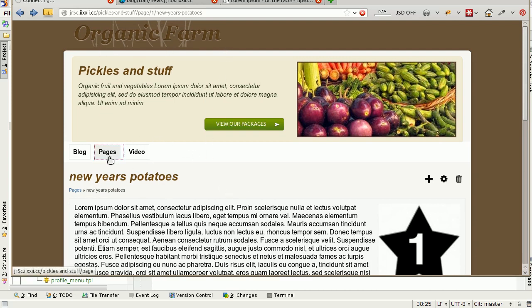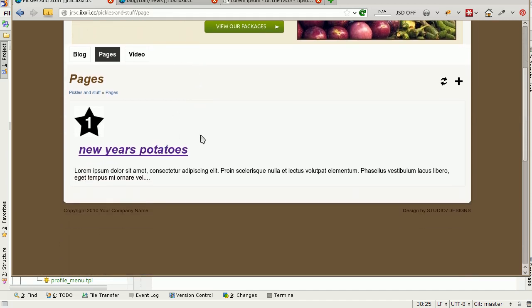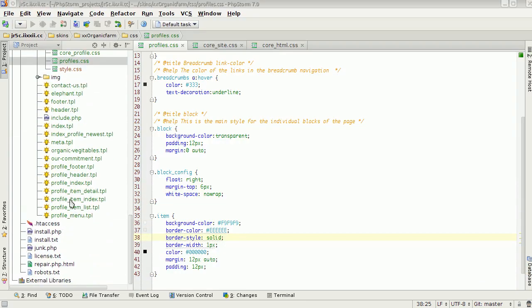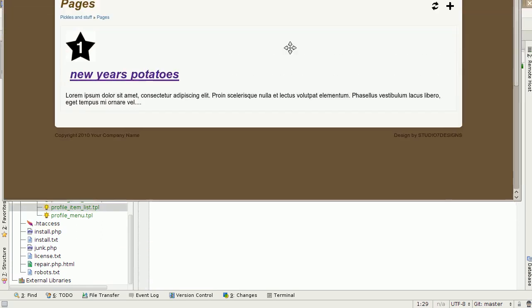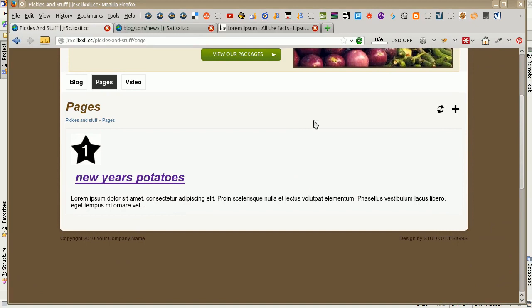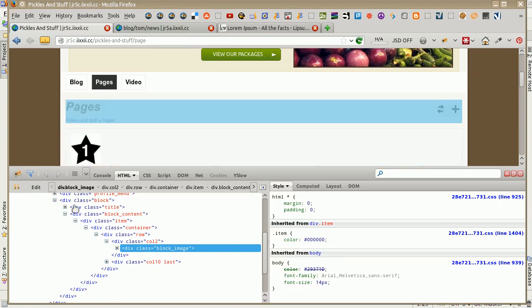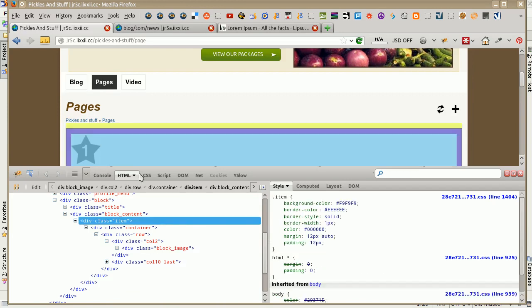So if we go back to the pages place and have a look at a list of all of the pages that pickles and stuff have created so far, we get a list, and this was provided by that template we added in earlier on, profile item list, that just looks like this. If we have a look here, we go F12, we can see that we're getting some constant blocks coming out there again, title, then the block content item,